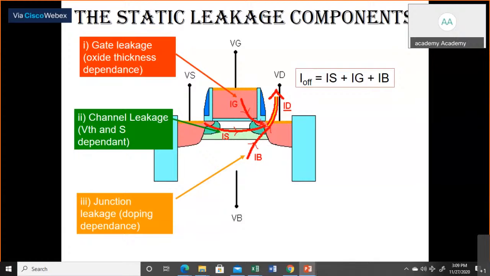You can see there are three components that will cause a leakage current in MOSFET. One is called the gate leakage current. That gate leakage current arises because of the thinning of the oxide thickness. When oxide thickness is small, there will be a large electric field between the gate terminal and the body terminal. So there will be a possibility of tunneling,